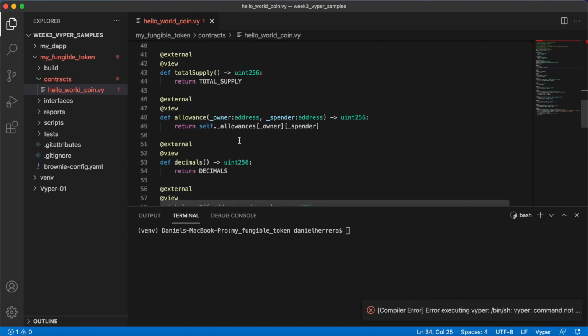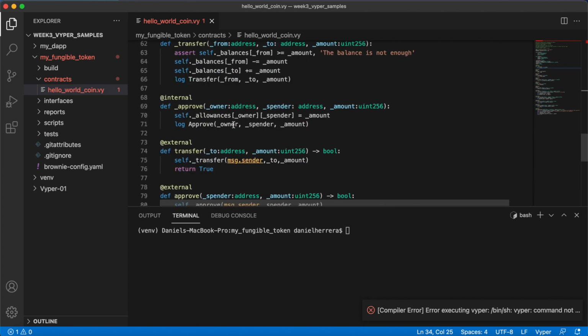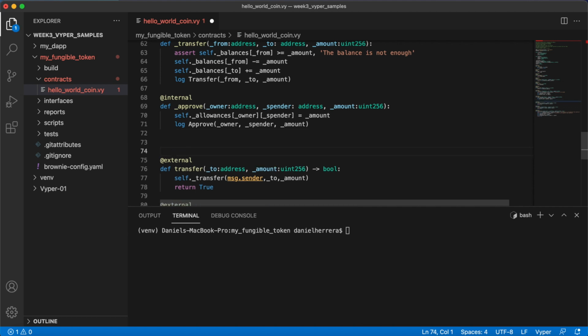Now we need to create our minting function, right? So we are going to create an external function, and it's going to be on top of these external functions that we have created until now. And we are going to do the following. We are going to do a def mint,